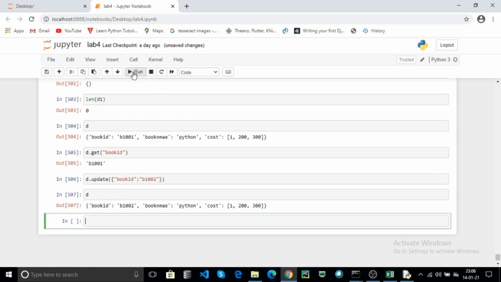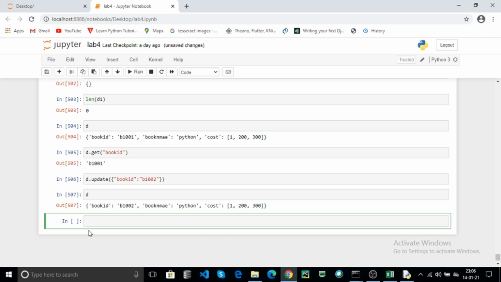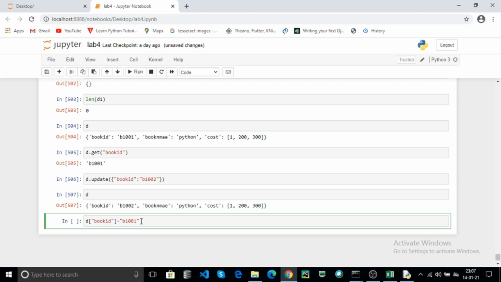Print dictionary. Here the book ID is B1001. The updation is similar to d of book ID equal to B1001. Here this is the assignment operator.